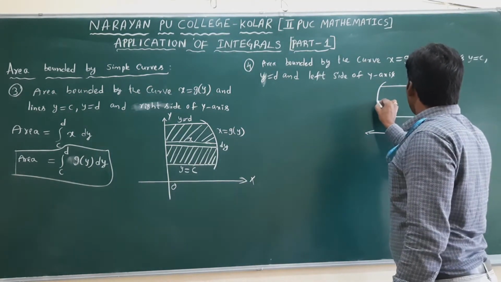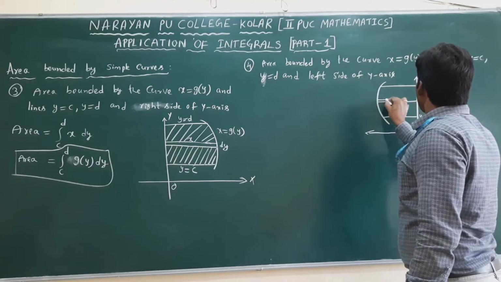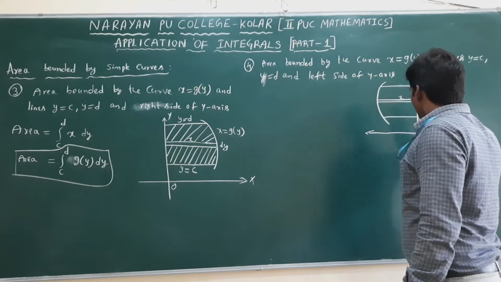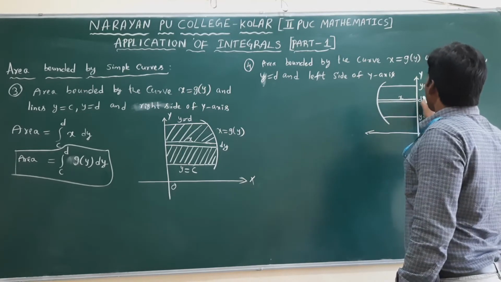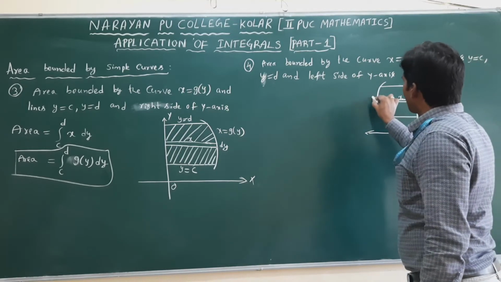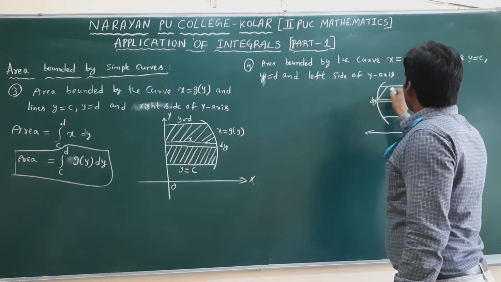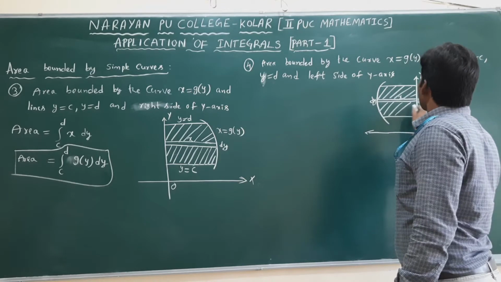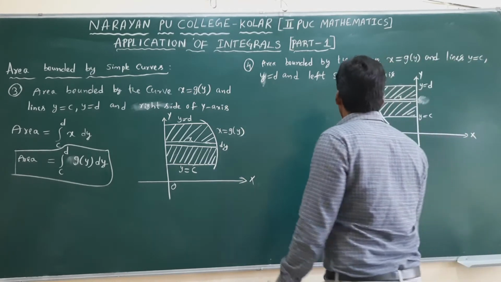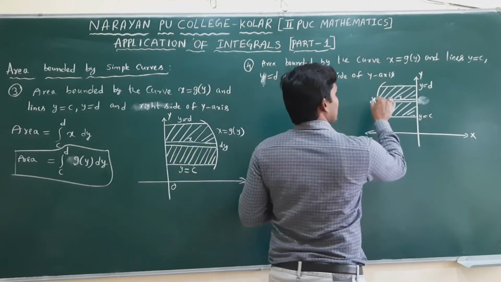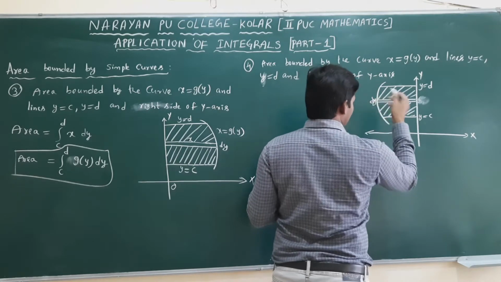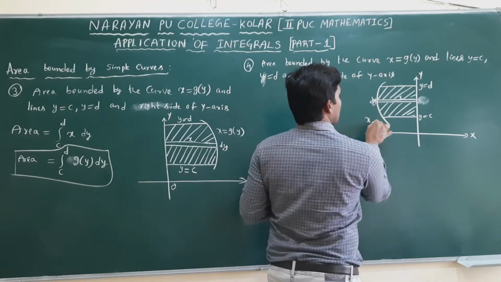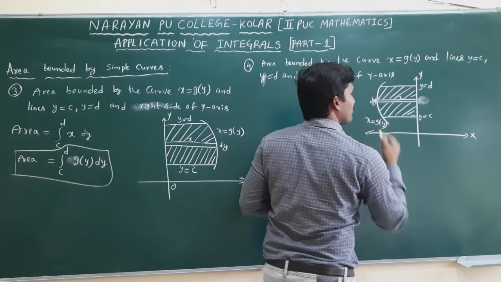Here also, we only get a horizontal strip. This strip represents the variable x. We are integrating with respect to y, that is dy. It is the complete region we need to find. The strip represents the variable, and that tells us how to integrate. The integral variable is y. This is a curve x equal to g of y.